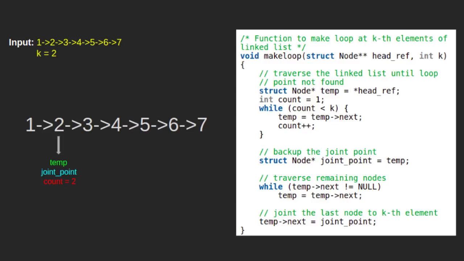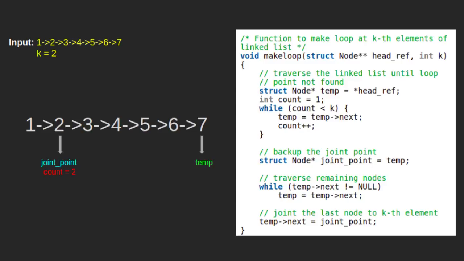Now we will traverse the rest of the linked list till temp reaches the end of the list. So temp will move to 3, then to 4, next 5, next 6 and finally to node 7. Since next of temp is null, meaning temp is on the last node, we will stop the traversal.